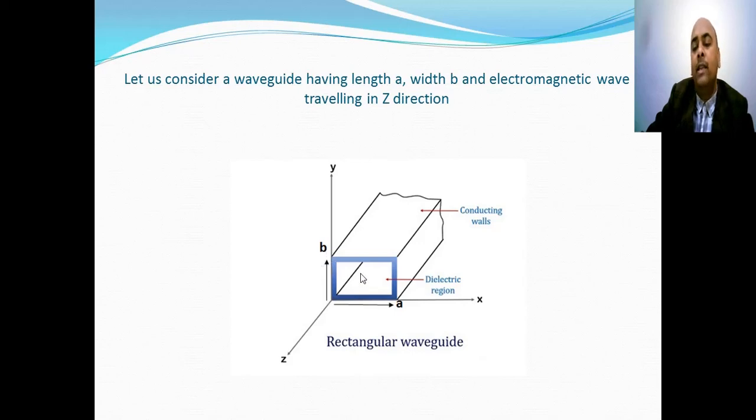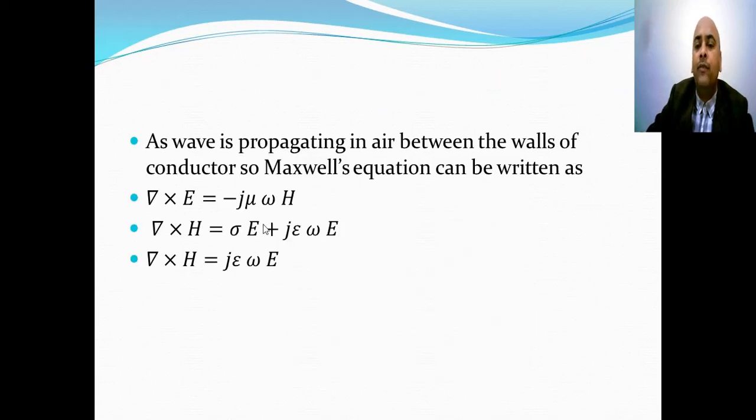The entered electromagnetic signals travel in the z direction through a process that is called total internal reflection. So, as the wave is propagating inside the waveguide and the material inside the waveguide is air, the Maxwell's equations, that is Faraday's equation and Ampere's equation, for the wave propagating in the waveguide are given as follows. Faraday's law